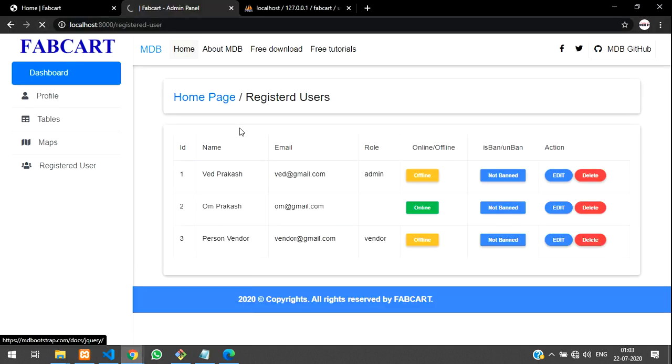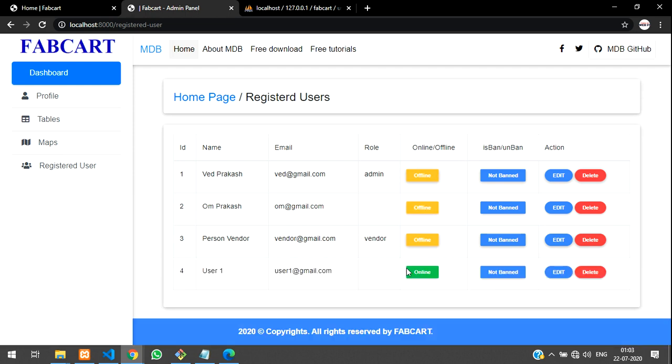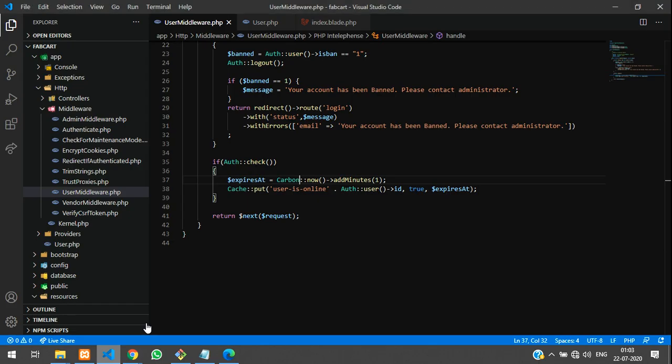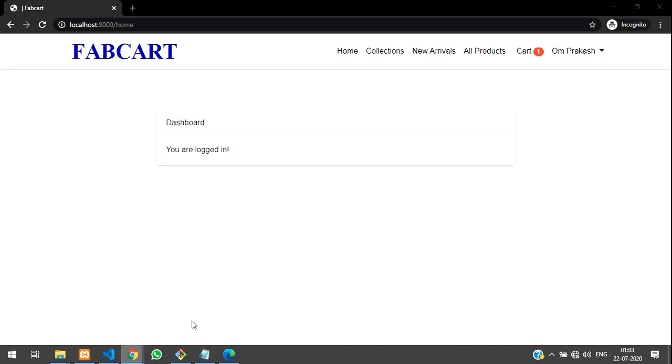Right now we'll go and check that. We'll refresh it and we'll see here Om is offline and user1@gmail.com is online. Om is offline because the time exceeded 1 minute, because as you can see in user middleware, we have given 1 minute. If there is no action on the website, it will be executed.